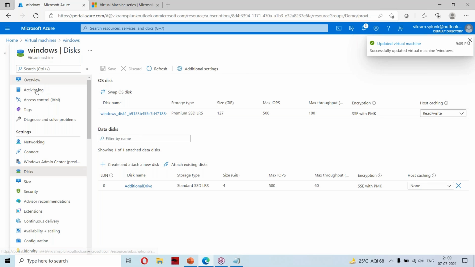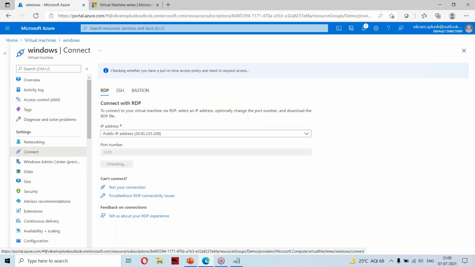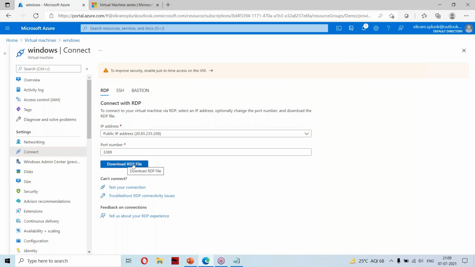Now I will go and log into this machine. I will click on connect, and here I'm downloading this RDP file.